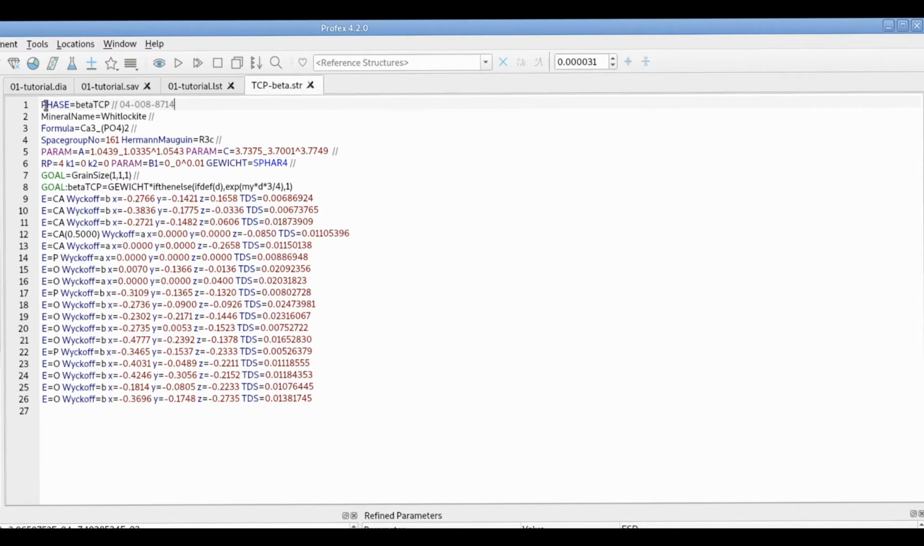But here the phase keyword is just the name of this phase. We can also add a mineral name. The formula is not used for the refinement, it's just for information. And then we have to specify the space group number from the International Tables and the Hermann-Mauguin symbol in the full notation, also from the International Tables of Crystallography. So this is a hexagonal space group number 161 in the rhombohedral